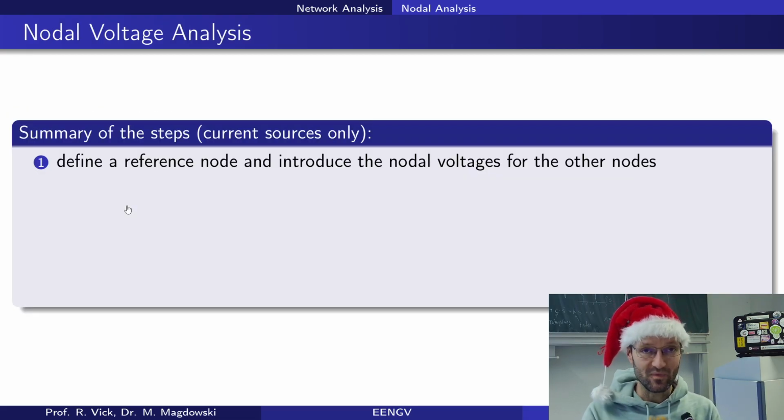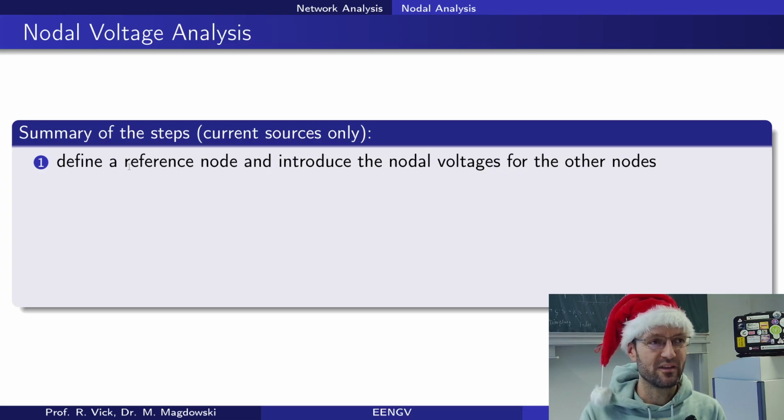For this method of circuit calculation or network analysis, there is kind of a recipe. At the end, you need to remember this recipe, but you also somehow need to understand how it works. Let's take a look at these steps, displayed here as a summary. We have a network. The network has a certain number of nodes, and we define one node as a reference node. Why is this meaningful? Because only then can we define these nodal voltages that we will see in a second.